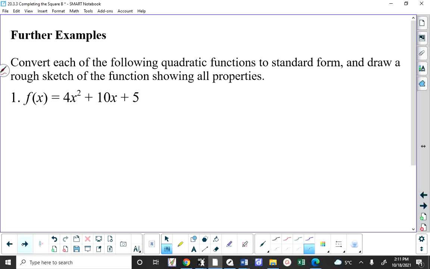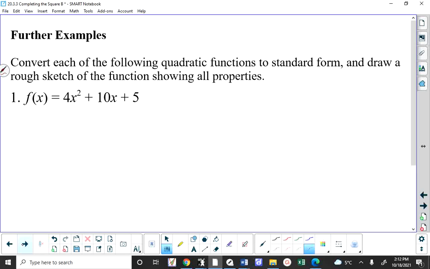So we're going to convert each of the following quadratic functions to standard form, and then I say draw a rough sketch showing all properties, but really what I'm interested in here is us being able to discuss all of the properties, like does it open up or down? What's the equation of the axis of symmetry? What's the range? All of that stuff. And